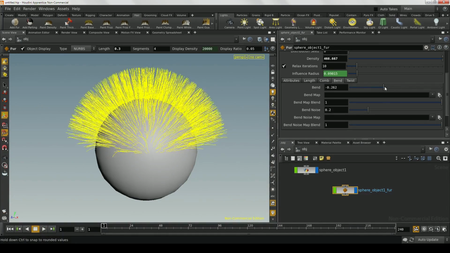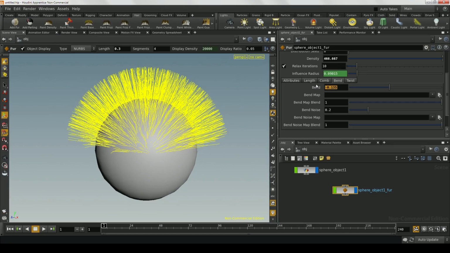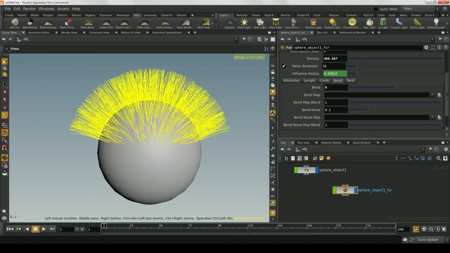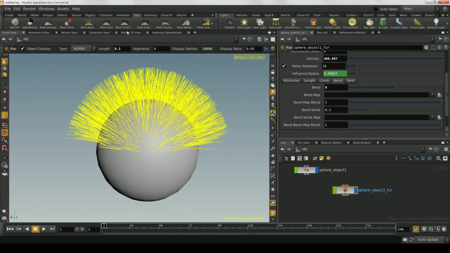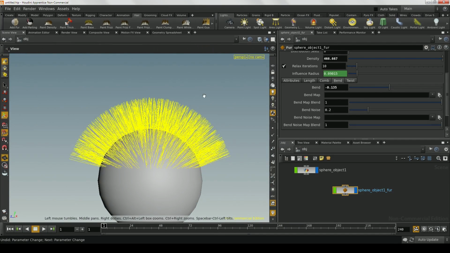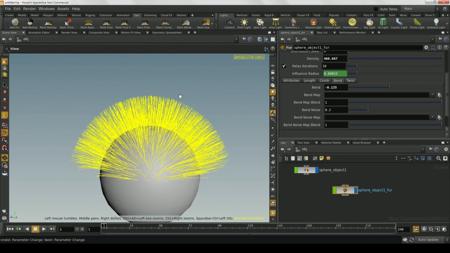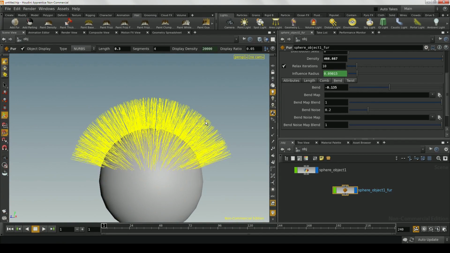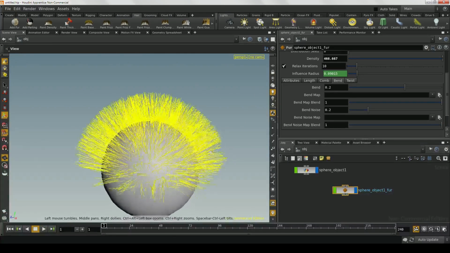Like if we have a bend value of 0, I just type it in, and then we comb the hair, it's going to stay pretty much perfectly straight. I can actually do that a little bit later. It'll still bend the way that we want it to when we comb it. If the bend value is at 0, it's just not going to add any variation to the bend. So it's all going to be very straight, or not straight, straight's not the right word. Very uniform, that's probably a better word. There's not going to be any random variation to the bend. So we want to keep